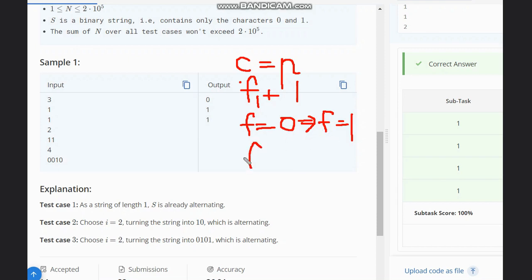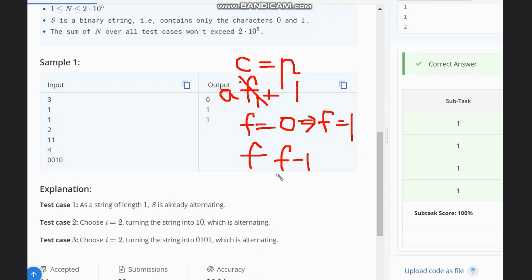So F will become F minus 1 in this case. Now F1 is my answer. You can also write it as A to simplify. So instead of F1 I am writing A. We are doing A plus 1 here, and then we are reversing the flip.